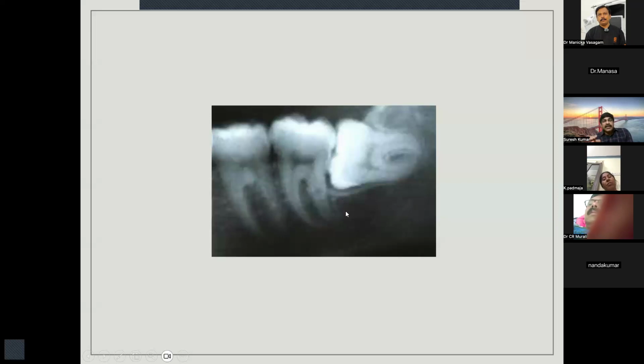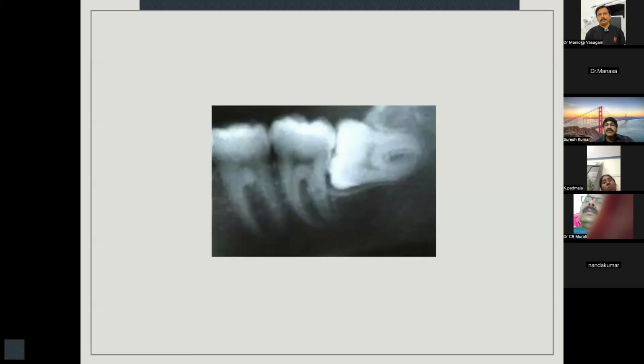It is a good X-ray. There are only two issues. The first issue is difficulty in accommodating the sensor or the X-ray film inside the mouth. The patients may not be very comfortable, and obtaining the right angulation of the X-ray tube also may be difficult. The second difficulty in IO X-rays is relating the tooth to the inferior alveolar canal. So sometimes it's going to be difficult.